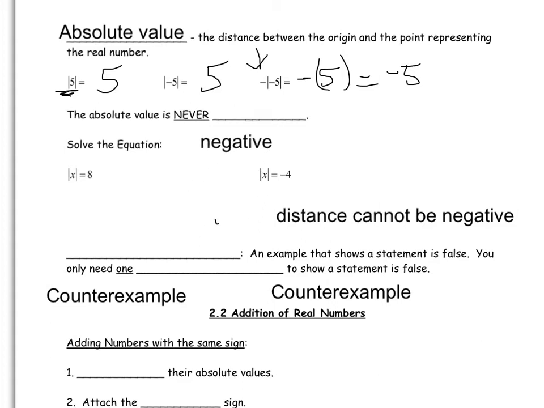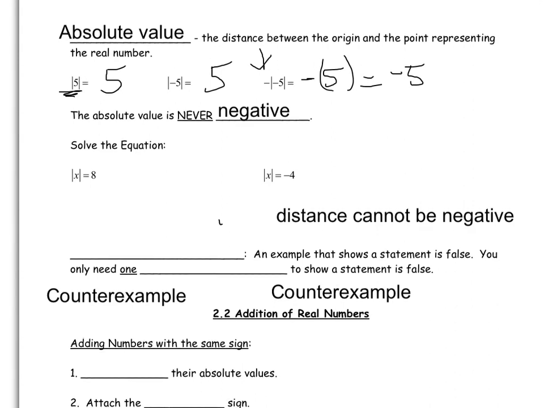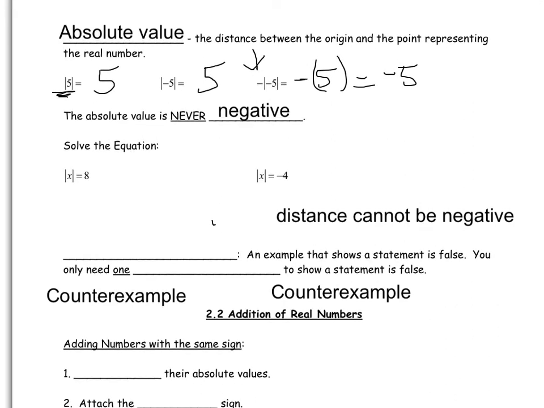Absolute value is never negative, unless like that third example, which was a special case because we had that negative sign in front of the absolute value. The reason being is,